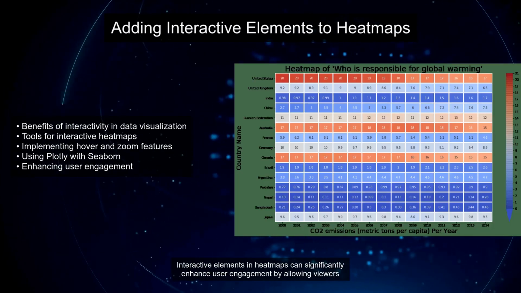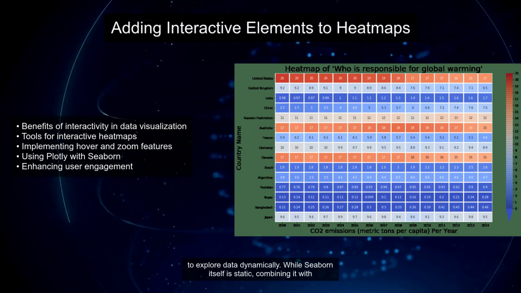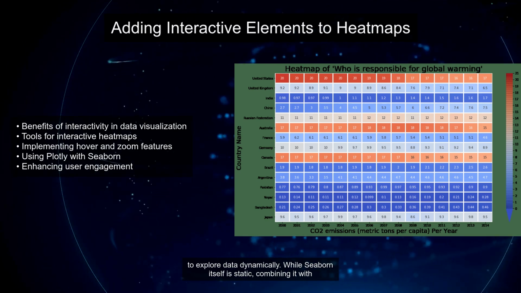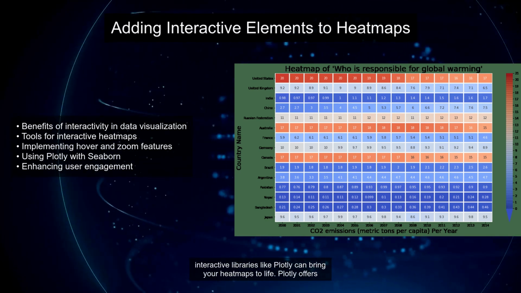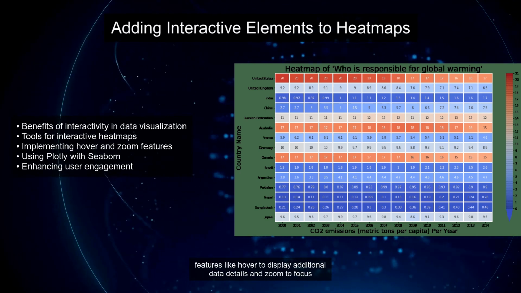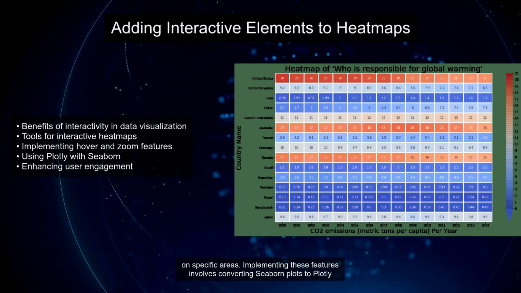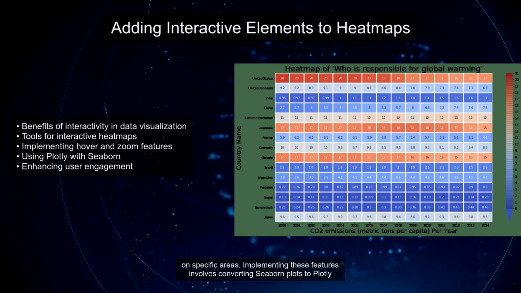Interactive elements in heat maps can significantly enhance user engagement by allowing viewers to explore data dynamically. While Seaborn itself is static, combining it with interactive libraries like Plotly can bring your heat maps to life. Plotly offers features like hover to display additional data details and zoom to focus on specific areas. Implementing these features involves converting Seaborn plots to Plotly objects using the